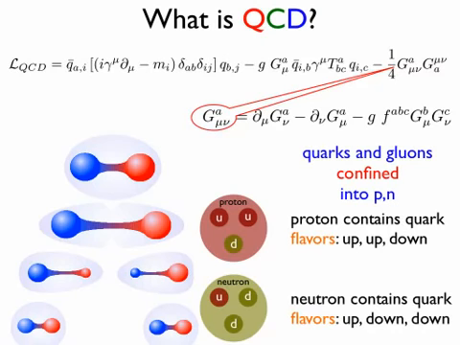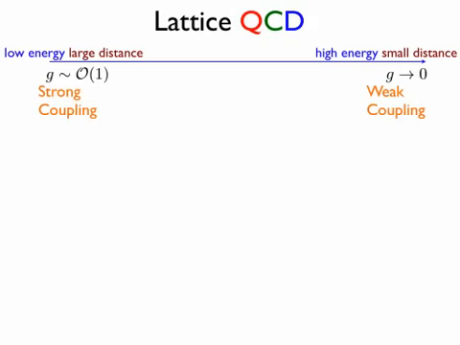You pull things apart and just pop matter and antimatter out of the vacuum. Protons are made up of 2 up quarks and a down. Neutrons are made up of 1 up and 2 downs. It turns out,